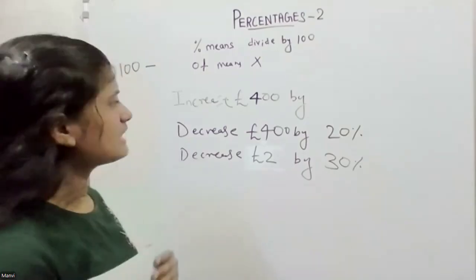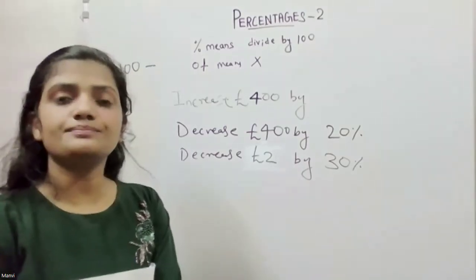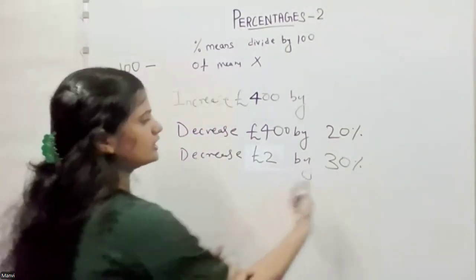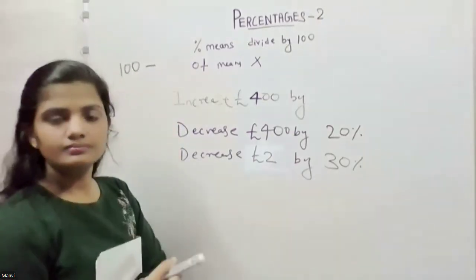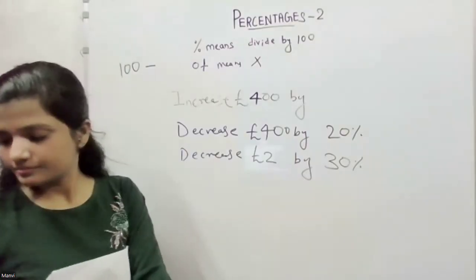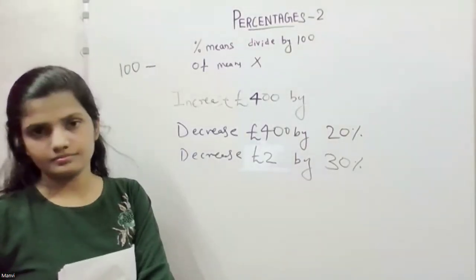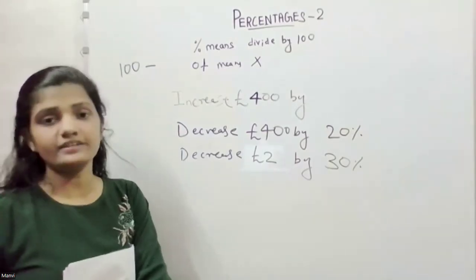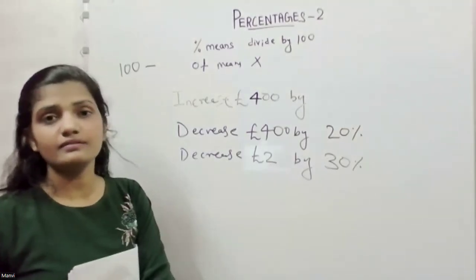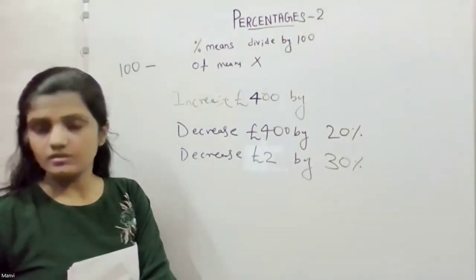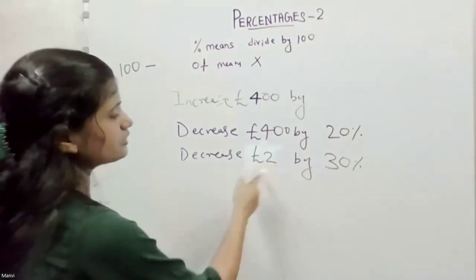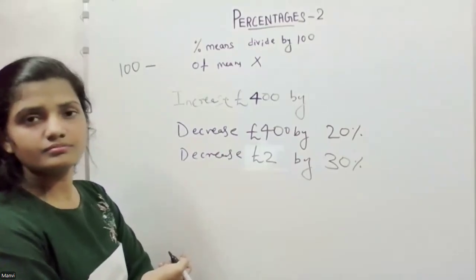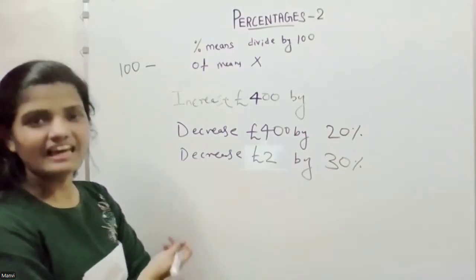Okay. First tell me, are you applying method 2 or method 1? Method 1. So what do you get? What will be the answer for 30% of 2 pounds? I got 3 by 10 times 2 pounds. Yeah, it answers 6 by 10. And when you convert that into decimal, the answer will be? 0.6. Now you need to subtract those 0.6 from this 2 pound, right? I did something else. Yeah.